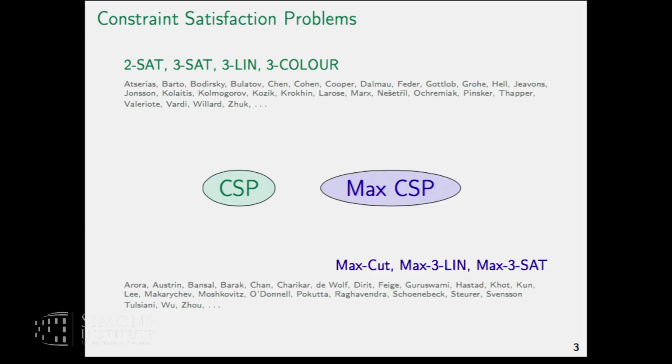And in an almost disjoint universe, with some overlap but a very small one, there's possibly an even bigger body of literature on max CSPs, where you try to maximize the number of satisfied constraints, perhaps approximately. You should think of problems such as max cut, max 3-lin, max 3-SAT, and so on. Again, there's been huge progress in this area in the last 2 years. Lots of breakthroughs. I'll mention some.